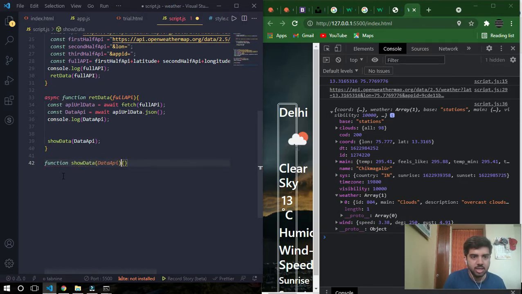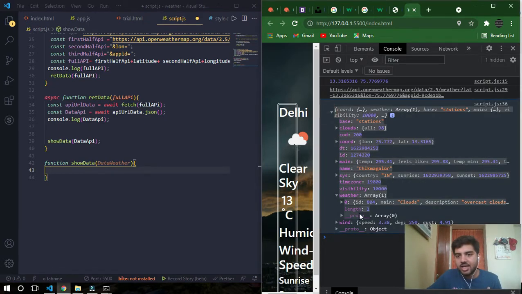Instead of data API, I'll just take data weather. Okay, if you console log the data weather, you have to get the same data as this. I mean, both are the same.